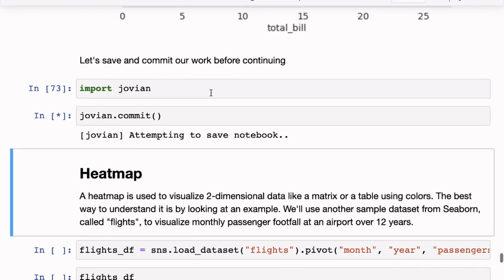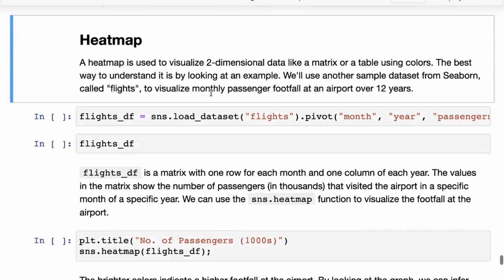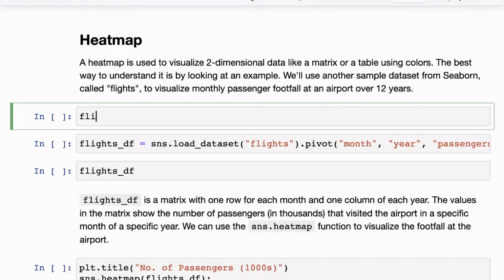And once again, let's save and commit our work before continuing. And the next kind of chart, so we are only looking at a few common charts here, the ones that are used most frequently. In fact, from my experience, around half of the plots that I end up drawing turn out to be line plots, sometimes bar plots, and then those where the line plots do not make sense tend to be scatter plots. And histograms are useful when you are visualizing a specific variable, just a distribution of values. And then there is this last one called heat map, which you will use from time to time. Not very often, but this is also one of the most common plots.